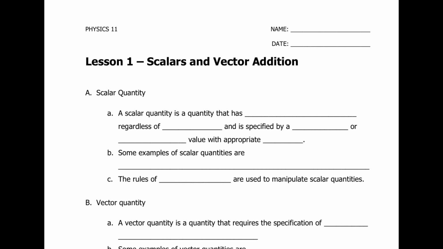Certain measurements we use are scalars and certain measurements we use are vectors. I'll get into what that means as part of this lesson. But being able to work with both of these and being able to identify each type based on the context is important. So we're going to start with a scalar quantity has only a